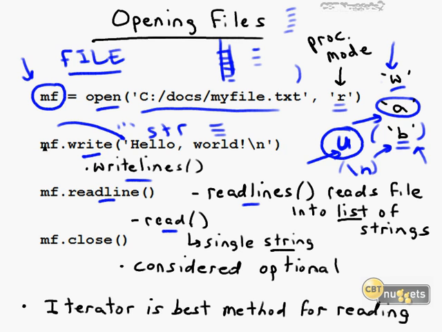If you run mf.readline on a newly opened instance of this myfile.txt, you're going to get a string back that's just the top line of that file, and you'll need to rerun the readline command to get subsequent lines. You'll know you've reached what's called the EOF, or end of file, when you get an empty string back from Python. So readline can be nice to view individual lines in the file.